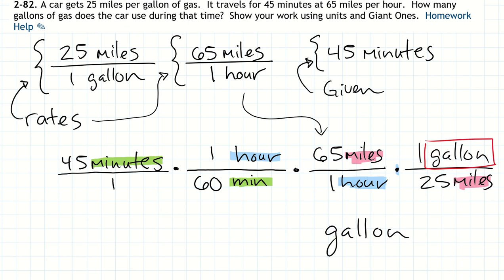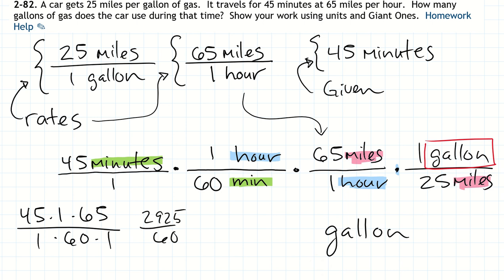And how many gallons? Well, in my numerator, I've got 45 times 1 times 65. Obviously, the 1's not necessary. And in the denominator, I've got 1 times 60 times 1, which is, I'm grabbing a calculator, 45 times 65, which is 2,925. 2,925 divided by 60, which gives me,